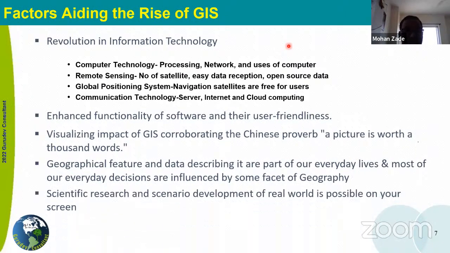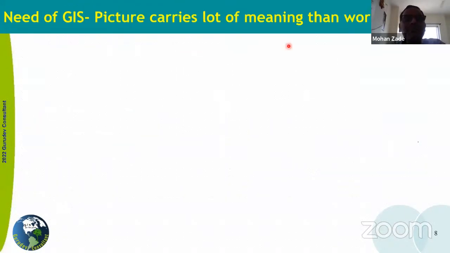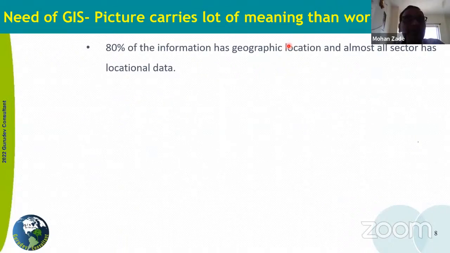And then many scientific research and scenario is possible using GIS, and those are the real world. So these are some of the factors that have given rise to the GIS. So, need of GIS. A picture carries a lot of meaning. So information has geographical locations and